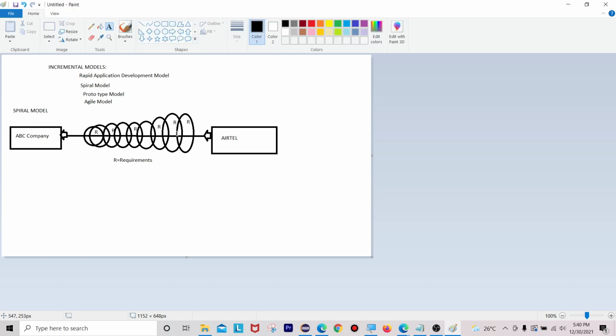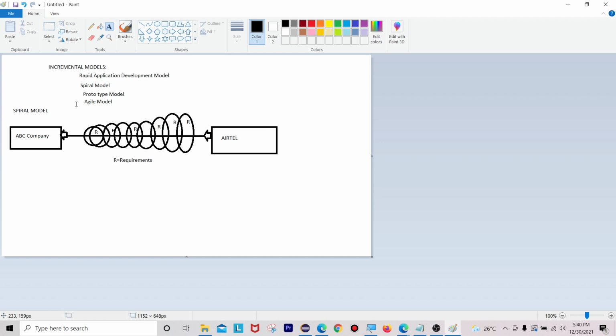Okay, spiral model is well suited for maintenance projects where the requirements are not clear, for developing maintenance projects where requirements keep on changing, requirement by requirement.